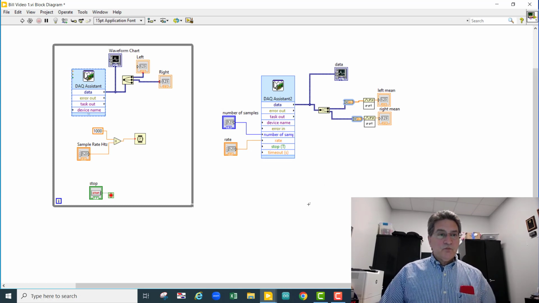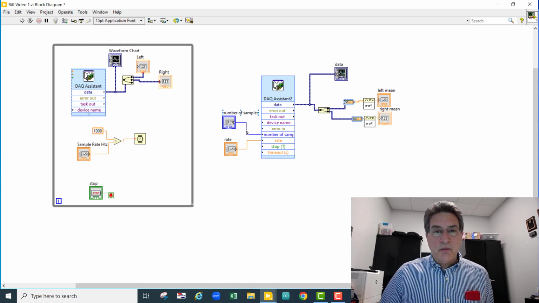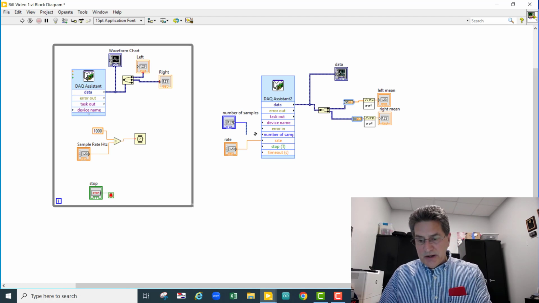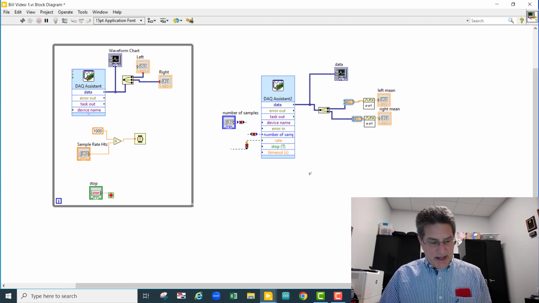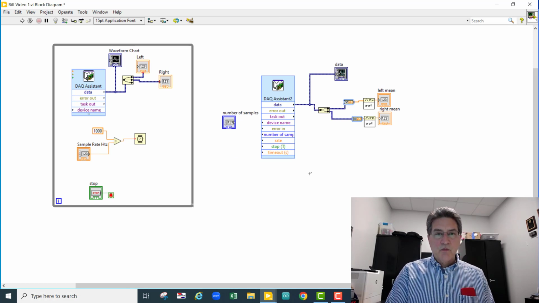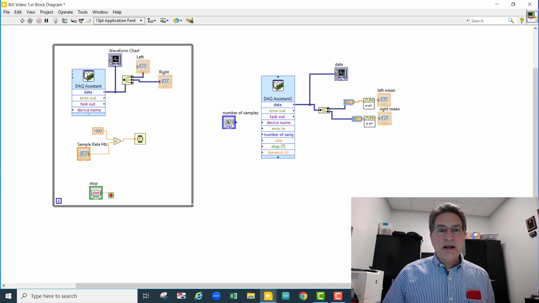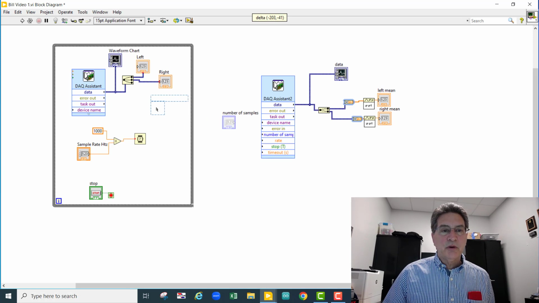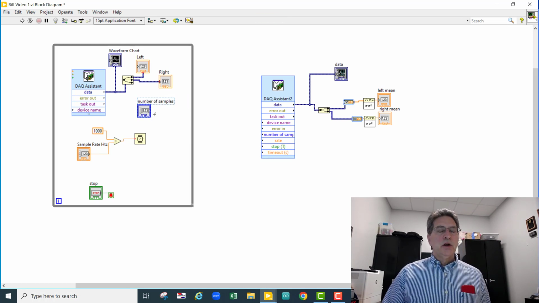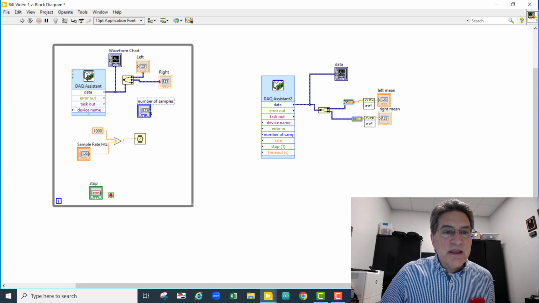Now, I'm going to do a couple of other things. I'm going to come down here. I'm going to delete that. I'm going to completely delete that. I'm going to hit clean up. And I'm going to take this number of samples and I'm going to pull it into here. So that way, when my program first runs, I'll get the chance to put number of samples. And then what I'm going to do is I'm going to wire it